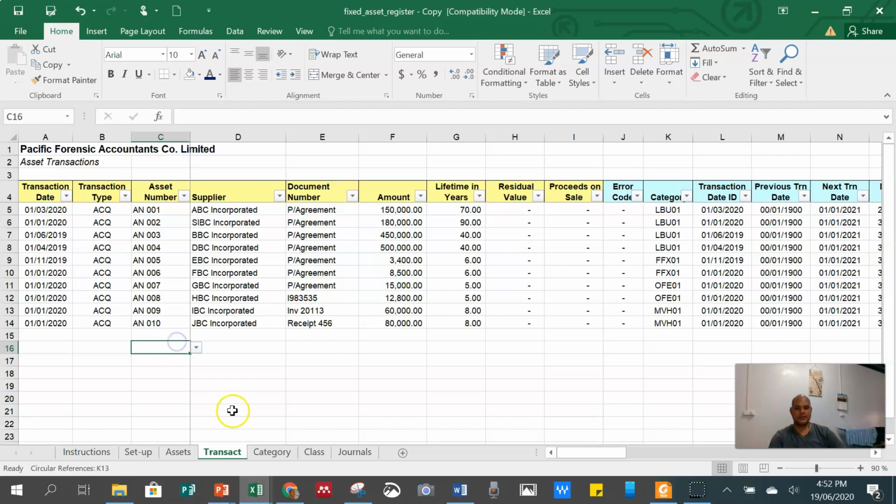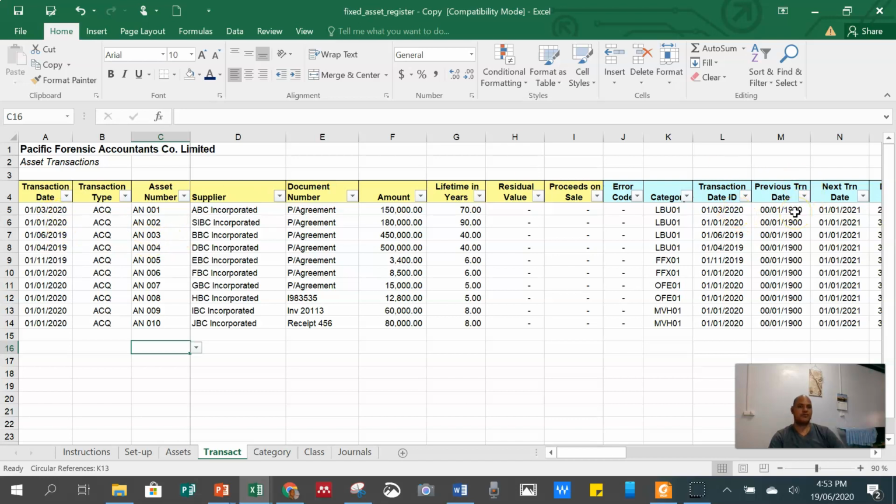So based on this information, you feed into this one. The system will automatically pick it up. It will give the categories that will feed into this. This is what it means by the blue, where you should not touch them. And also based on the information, because it's 2019, the transaction ID starts here. It starts counting from this one.